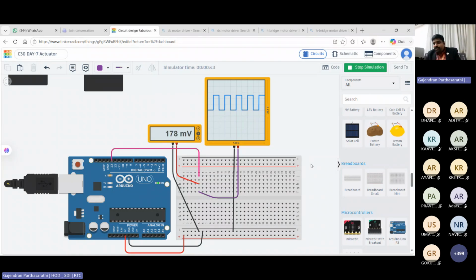Today we'll learn the DC motor on off, then its driver circuit. I'm giving a few more minutes to complete. Engineer, please complete. Those who have completed,